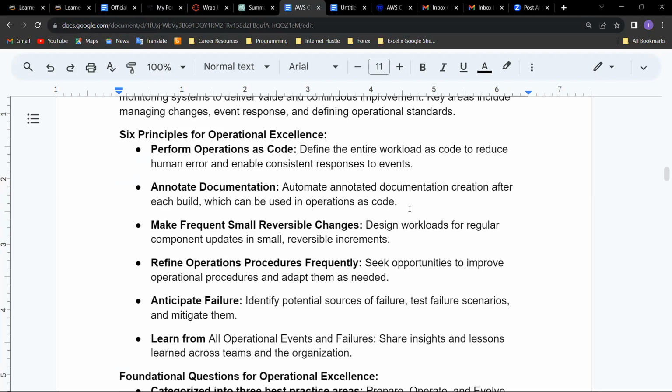And then annotating documentation, right? So after each build, when you are building your applications,